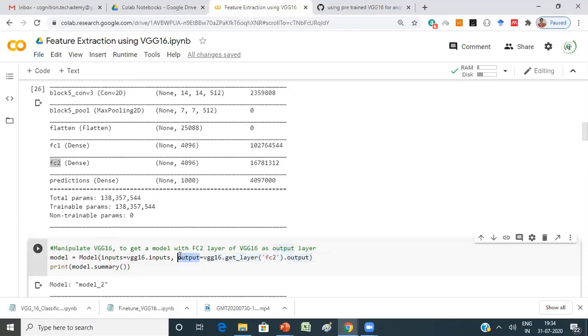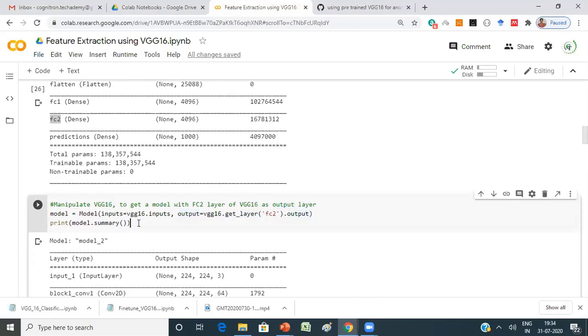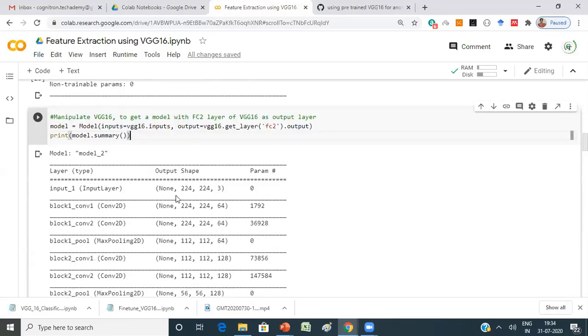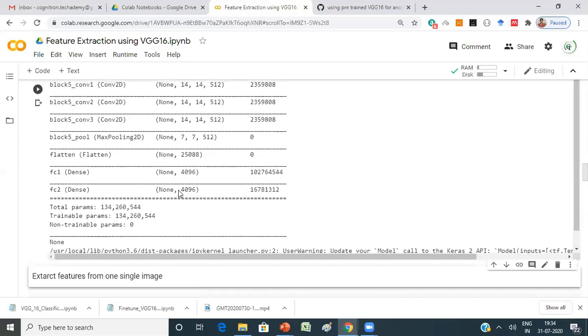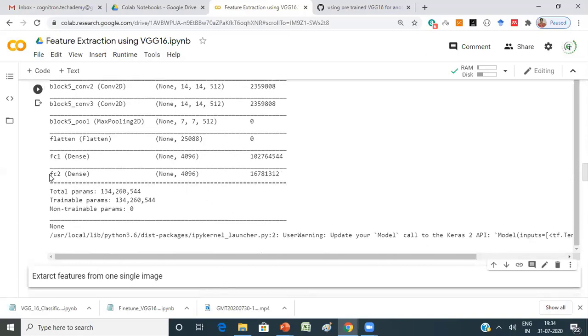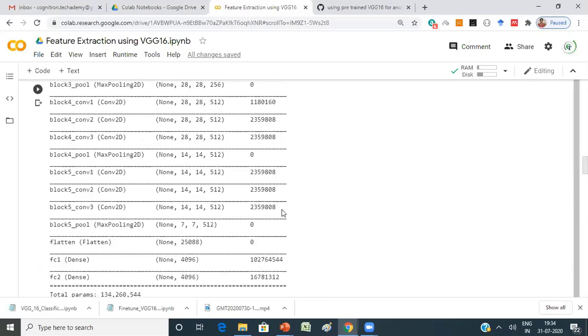This should be the output for the model you are going to create. Now check the summary of this model. If you observe, it goes till the second fully connected layer, meaning the final dense output layer, the softmax layer, is removed. This is the model you have.